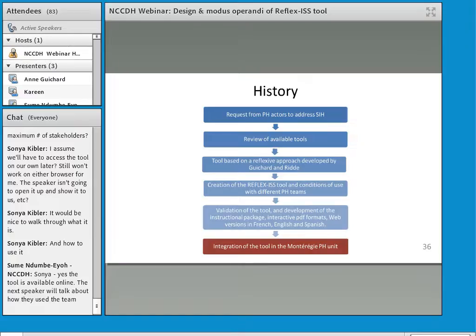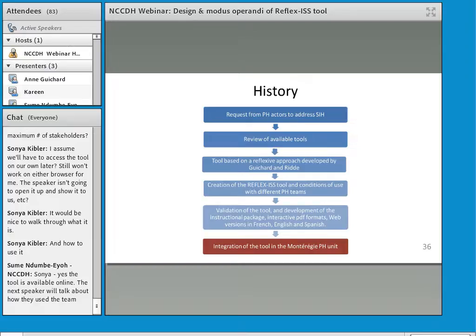We did find a lot of different tools, but we were really looking for a tool that was more of a reflective approach. So a lot more thinking about what they're doing, how they're doing it, and how they can be better. We were not looking at a performance tool at all. We didn't want to have an evaluation tool either. So the only tool that came up, and that was in French because we're in Quebec, was the one developed by Anne and Valérie Reed from University of Montreal. But the tool was really interesting, but still a little bit complicated for our context.